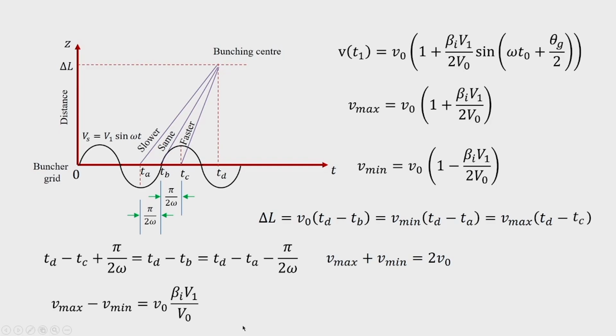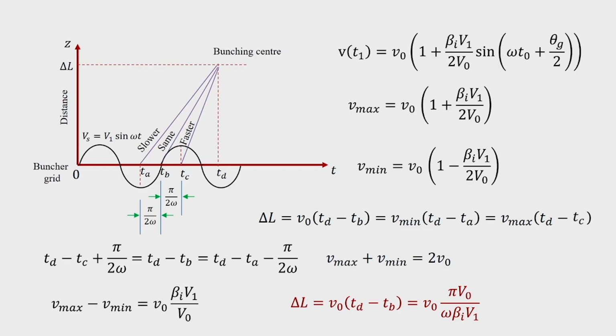So, with this type of rearrangement of terms, we can find that delta L is equal to V naught into T d minus T b, and this can be written as pi capital V naught divided by omega beta I V1 times V naught. So, this gives us the expression for the distance